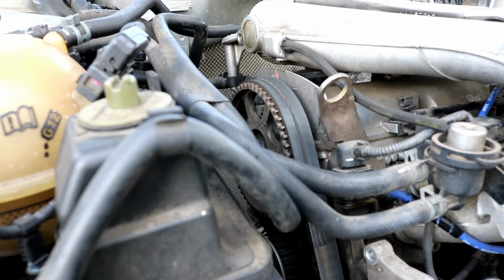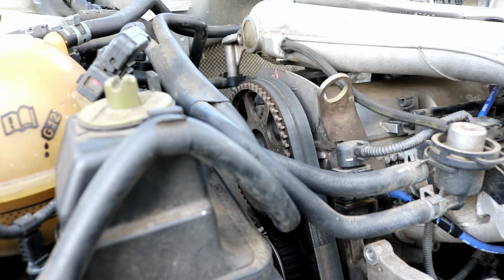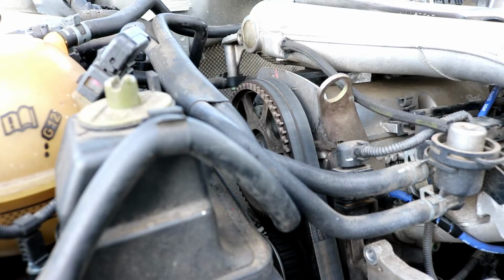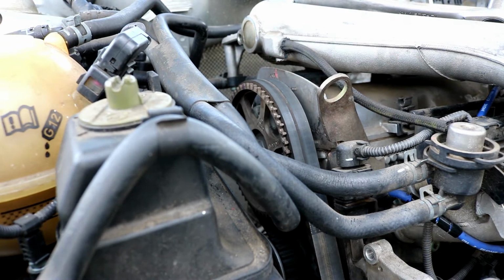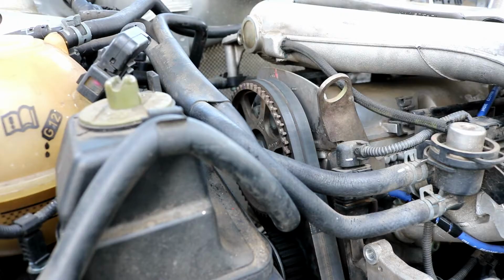Okay, pretty close now. You want to make sure that you're looking at it exactly from the side of the car, and it appears I need to go at least another 1/4 inch or so, another tooth. And right there looks just fine. So like I said, I got this one lined up, so we'll go ahead and check out